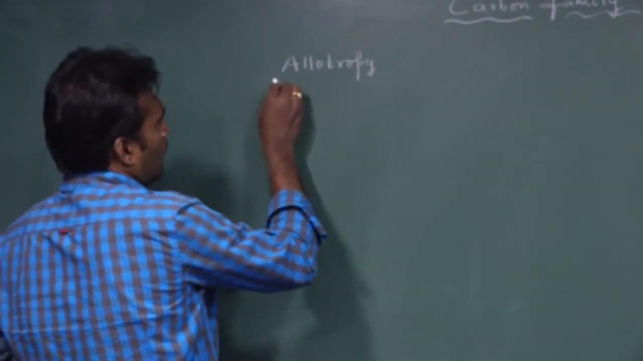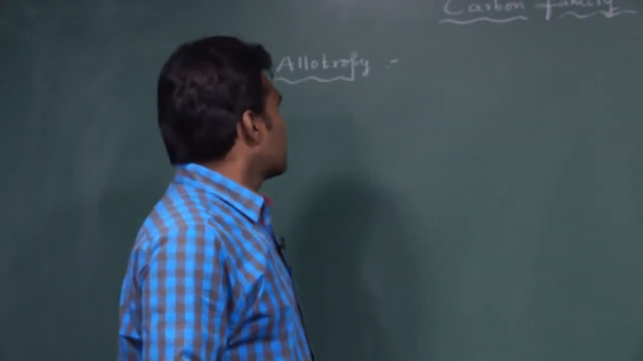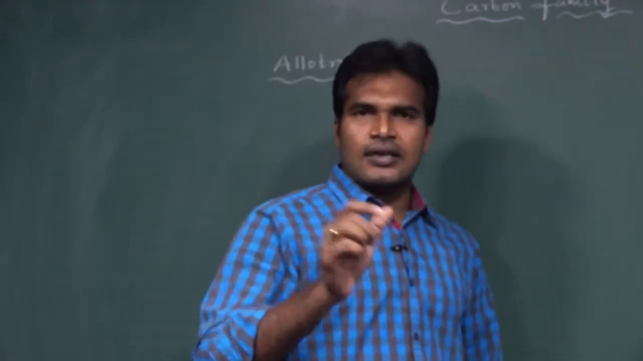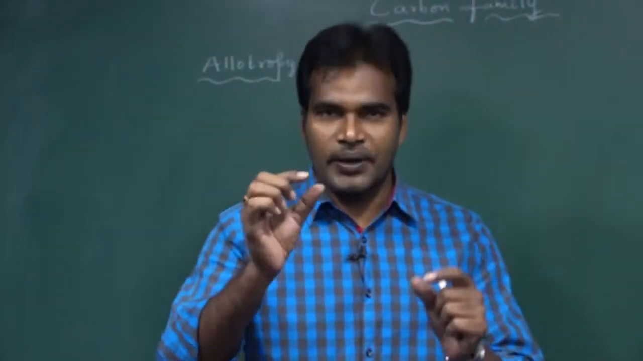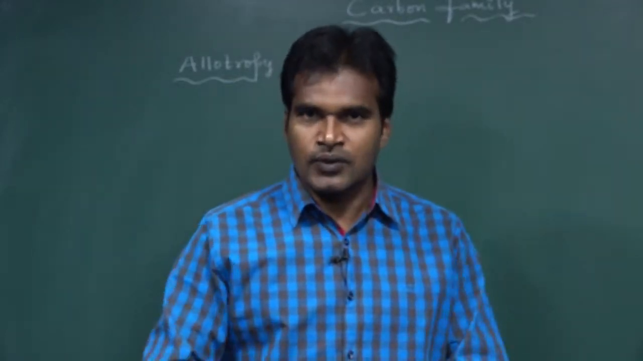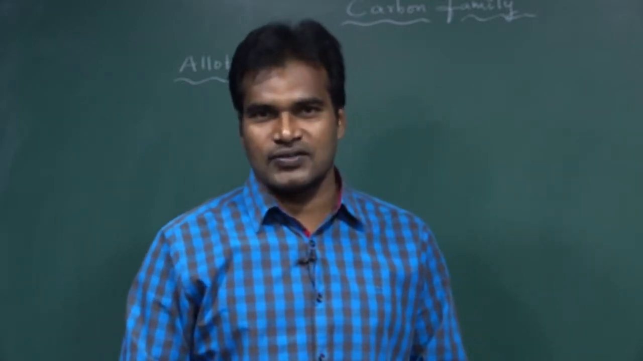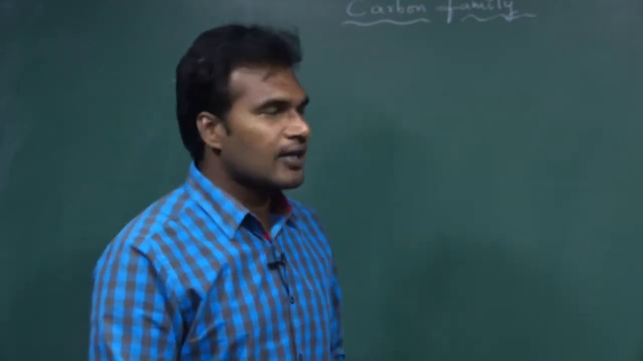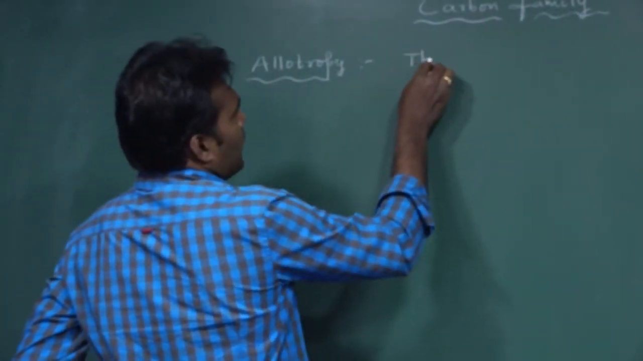Allotropy. So what is this allotropy? Let us start. Allotropy is the phenomenon of existence of a particular element in many physical forms, but all those physical forms show similar chemical properties, and that phenomenon we call allotropy. So here I am writing the phenomenon